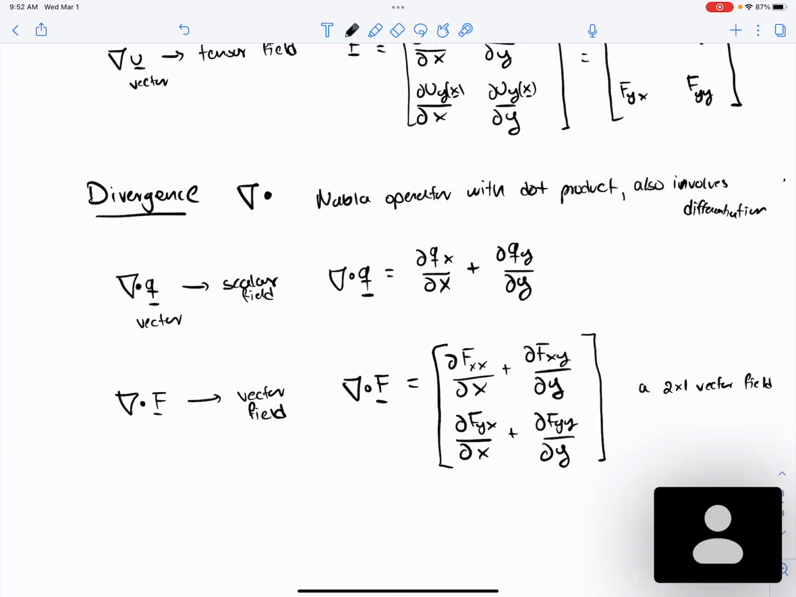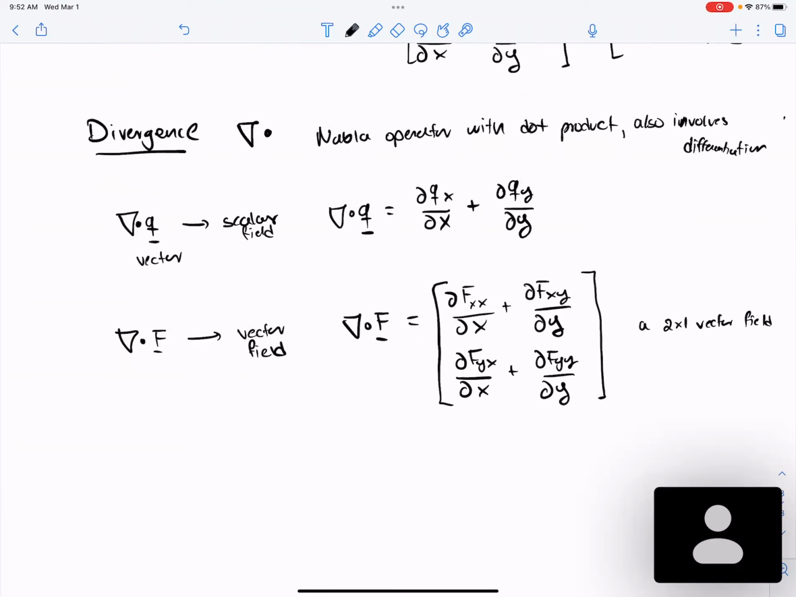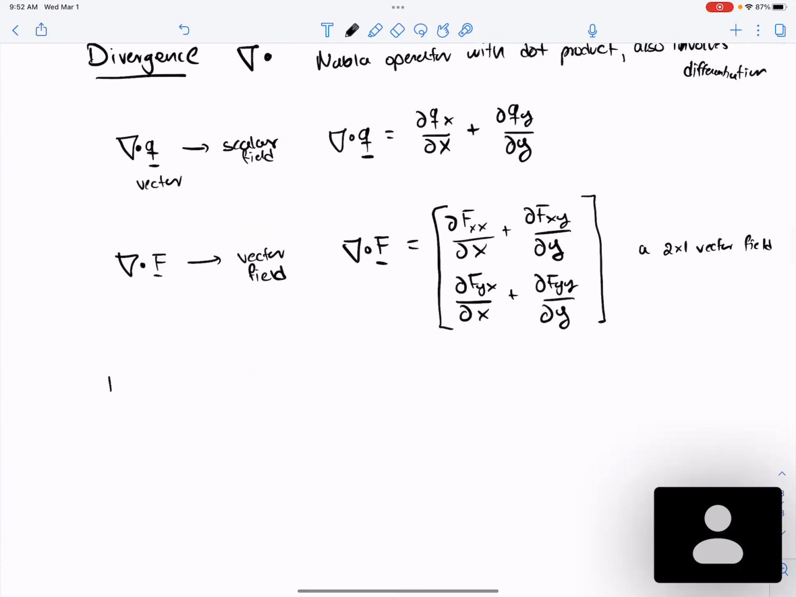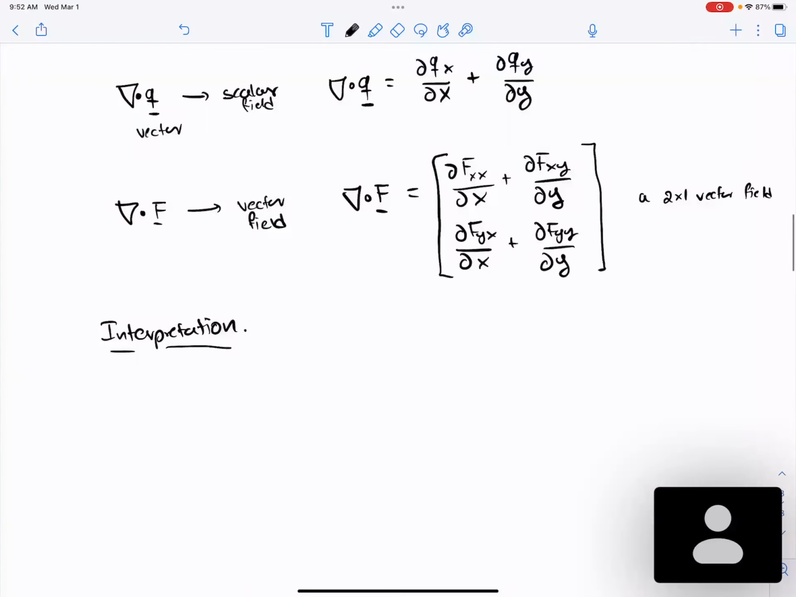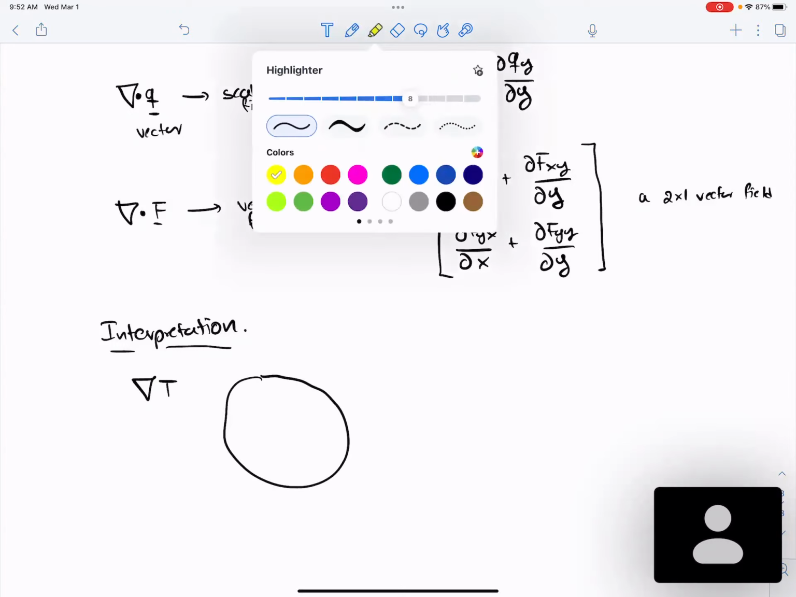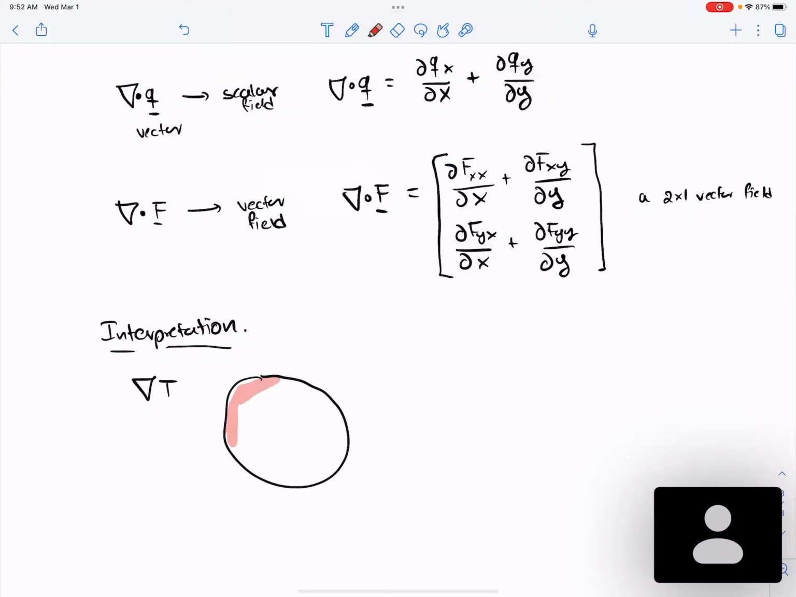One last thing: especially when you go to tensor fields, there's typically no interpretation, but for the scalar and the vector case, they do have an interpretation. You probably know this. So what is the gradient of a scalar field? Let's see. So if I have this,